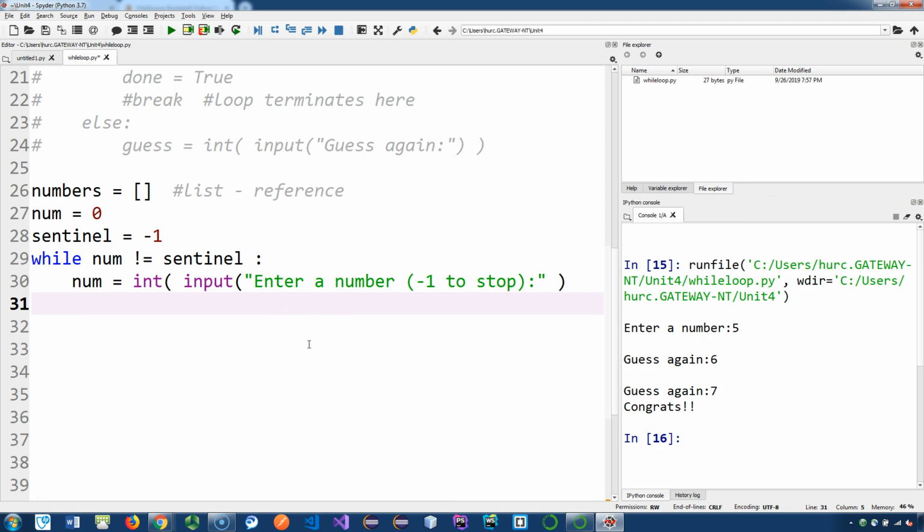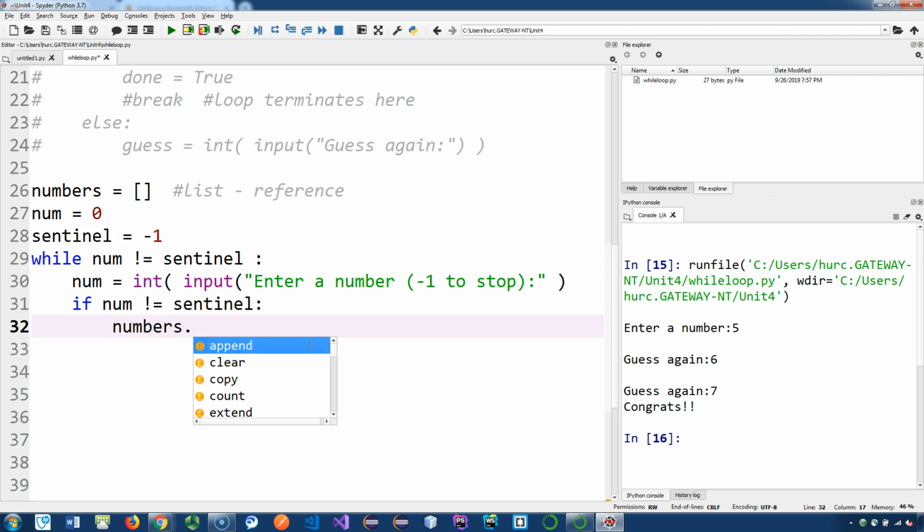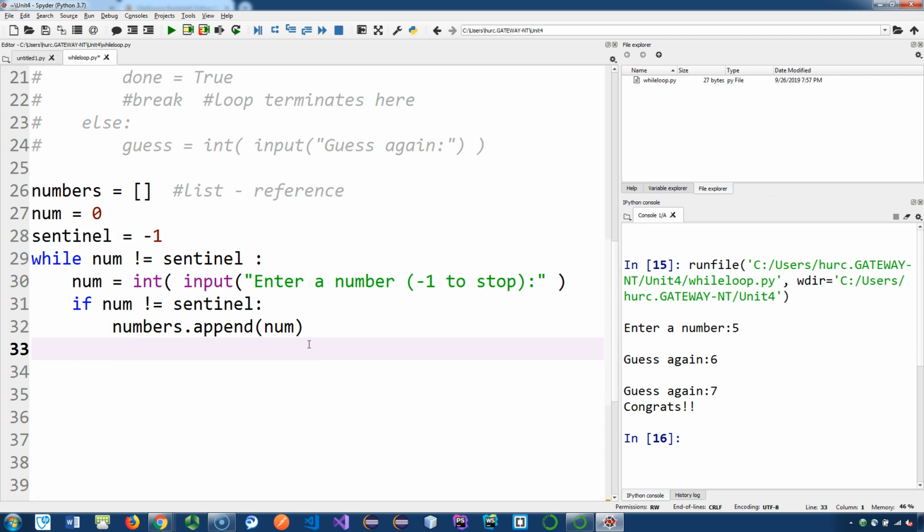So you can add a number to a list, but you don't add it when the number is -1. You can say if num is not sentinel, then I want to add it to the list called numbers. We'll learn this later, but you want to append the number to the list. And so this code will keep you